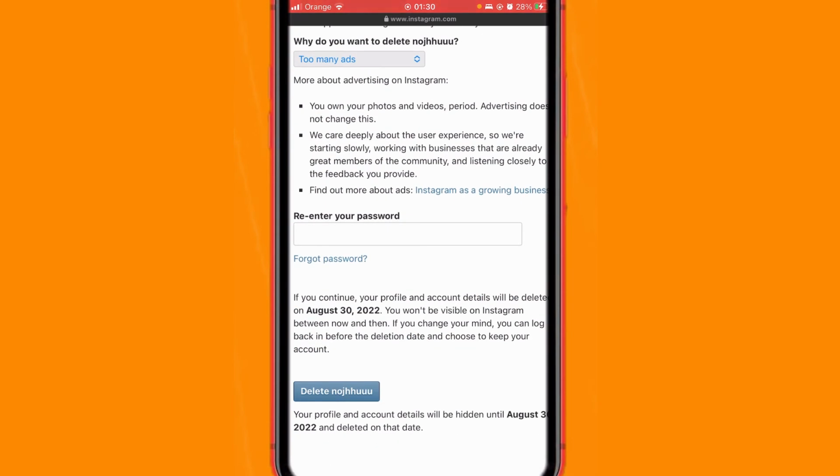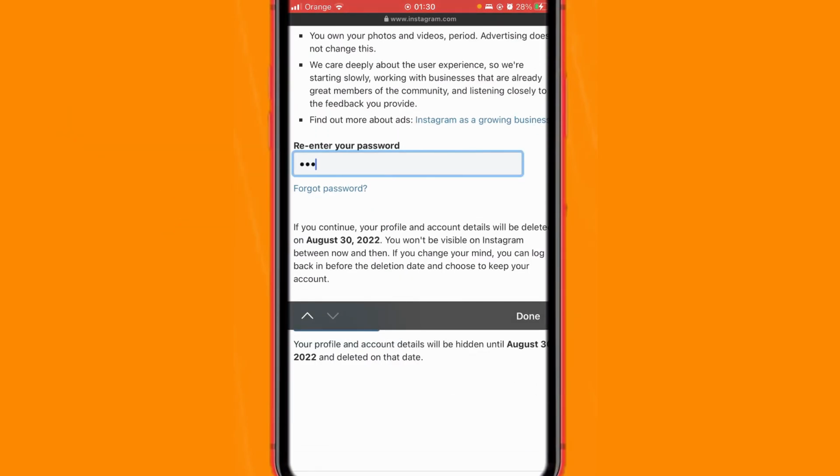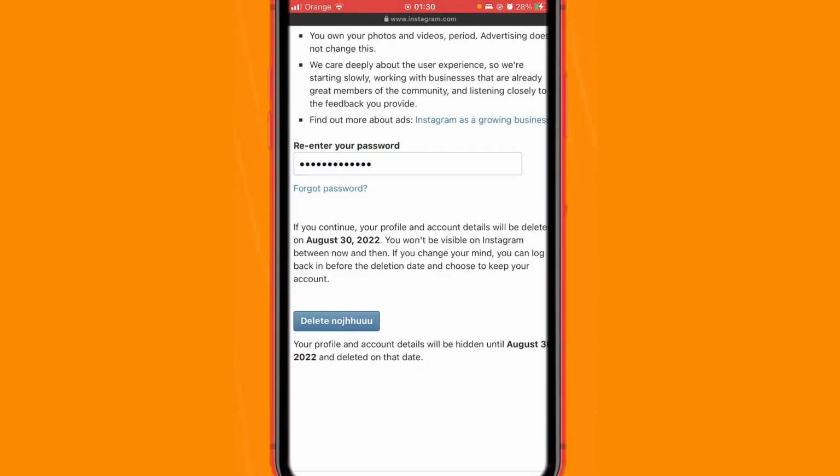So you have to re-enter your password, and then click here and re-enter your password here, and then click done, and then click delete your account, which is when you click this blue button here, your Instagram account is going to be